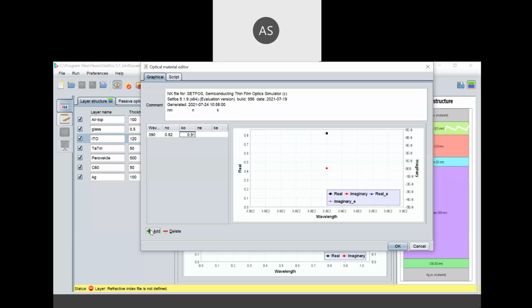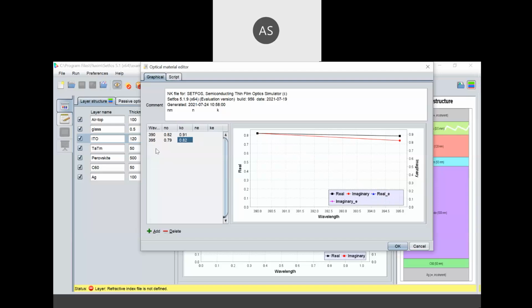Second, again you can add the next wavelength option. So you can click again for the next wavelength. I'm just simply putting assumed values, but whatever your values are, you can simply put those, and accordingly you can find this graphical image, real and imaginary part. Similarly, you can add any number of layers like that. So you can define all your thickness parameters, wavelength parameters and NK values simply in the user interface.